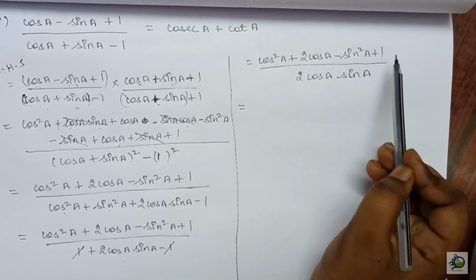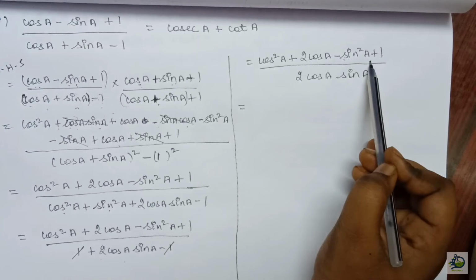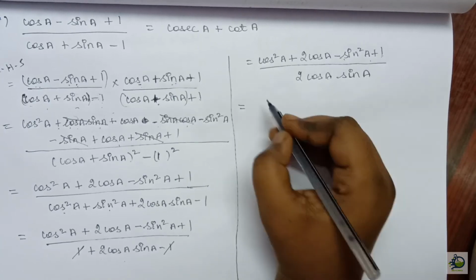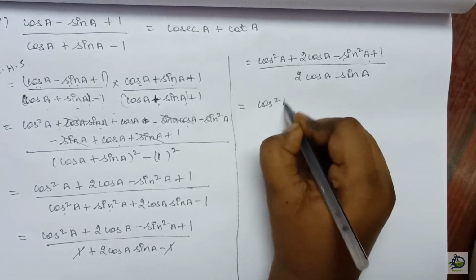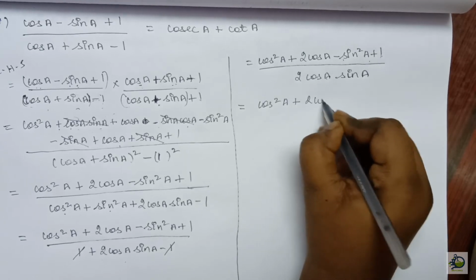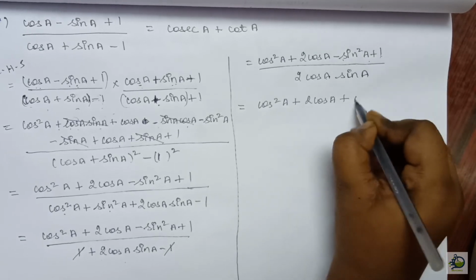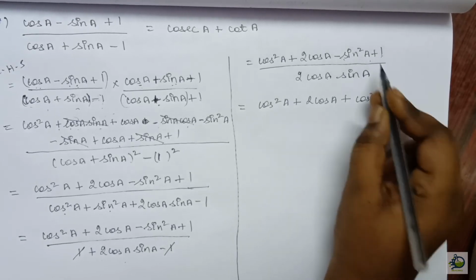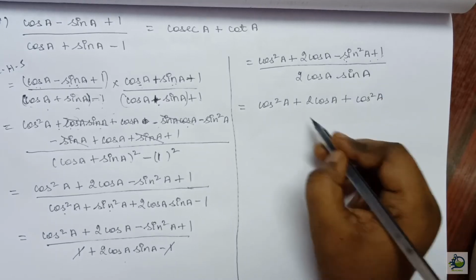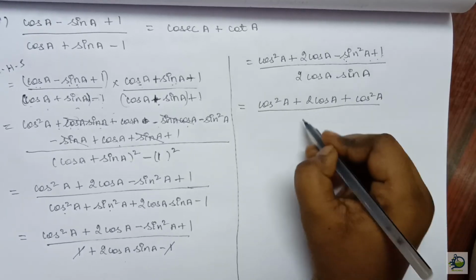So I can also write 1 minus sin square A as cos square A. So instead of that I can write it as plus cos squared A. Instead of 1 minus sin square A, I am writing cos square A divided by 2